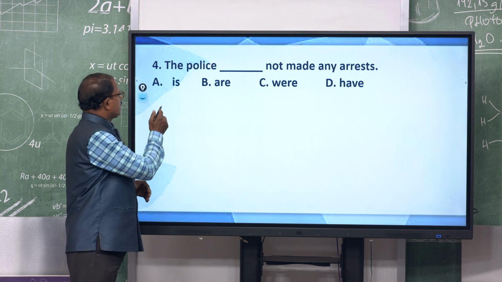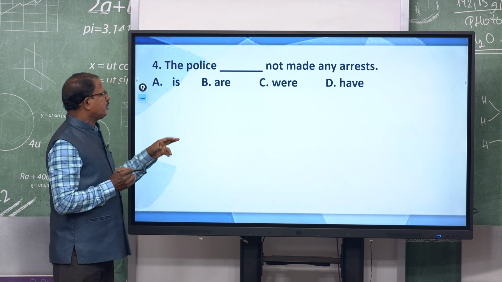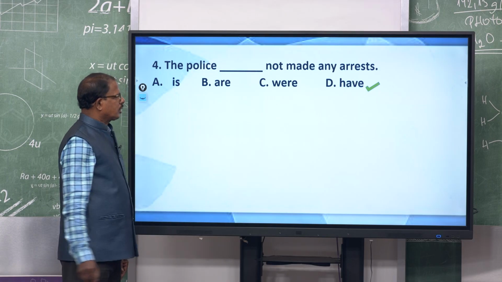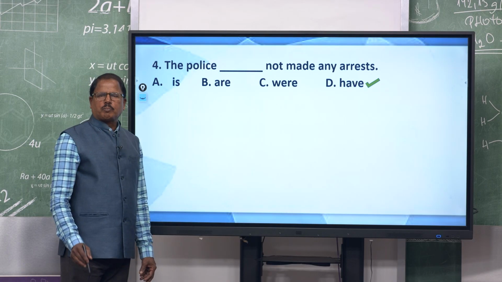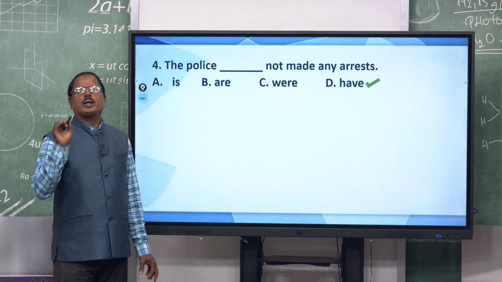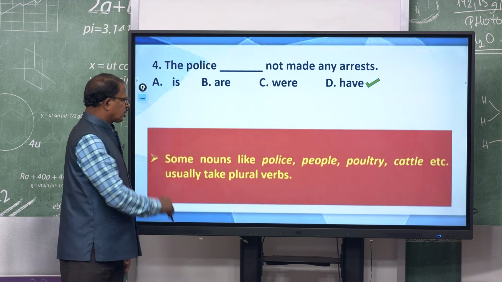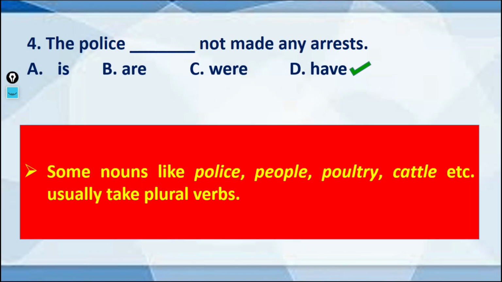Okay. Then the option A is, B is are, C is where and D is have, and you look at the correct answer: the police have. Police is always plural, right, because the principle is, just see, some nouns like police, people, poultry, cattle, the cattle